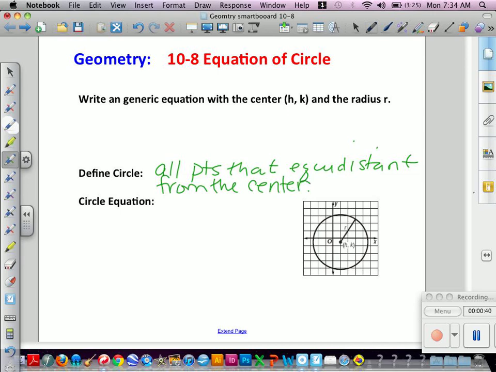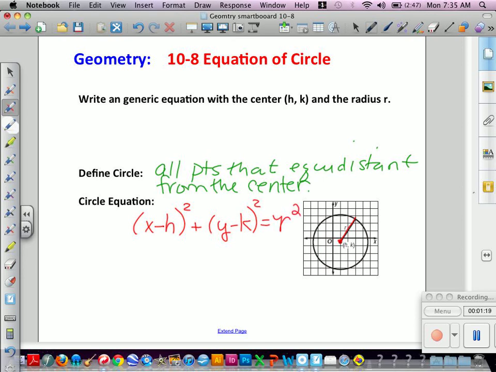And then you were supposed to be looking at the equations that you got in Sketchpad and then trying to come up with an equation for a circle, using your center point as (h, k) and your radius as r. The circle equation is (x minus h) squared, where h is the x part of the ordered pair of the center, plus (y minus k) squared, where k is the y part of the ordered pair of the center,